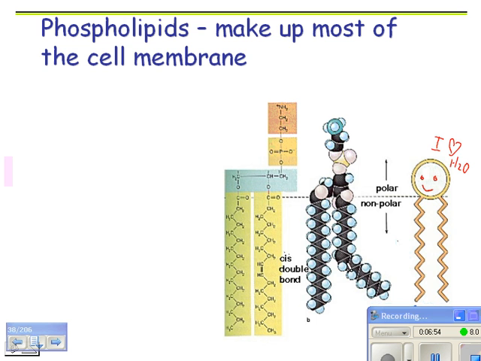The black parts are the carbon. You've got hydrogen in blue. That's probably the phosphate group. There's a nitrogen in here somewhere, too, and some oxygens. This is actually a better picture because it's showing you